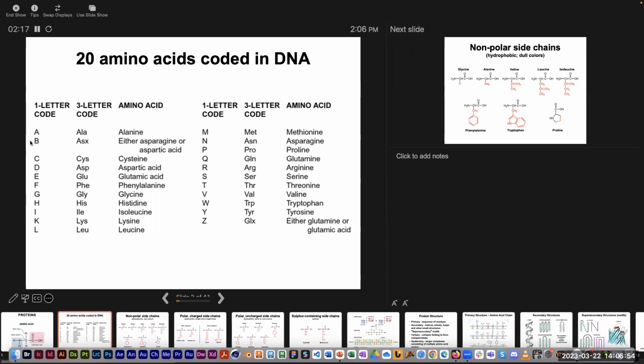These 20 amino acids all have a 3-letter code, which I actually know all of these 3-letter codes, and I think it's a good idea for everybody in our profession to at least be familiar with a lot of these 3-letter codes, be able to recognize them. There's also a 1-letter code for each amino acid, and honestly, I've never bothered to try to memorize those. Sometimes these are used if you want to show the amino acid sequence of a protein, rather than using a whole bunch of 3-letter codes strung together, they'll just put a whole sequence of single letters together to represent the sequence of amino acids in